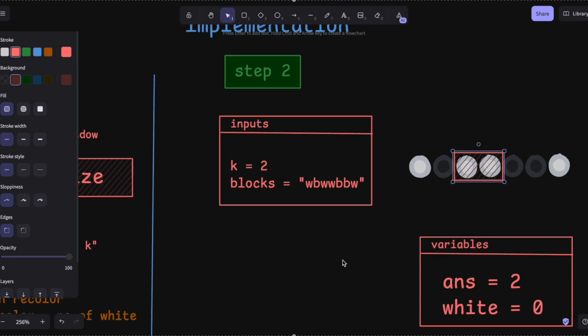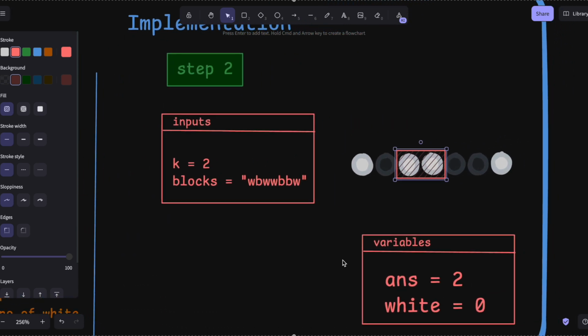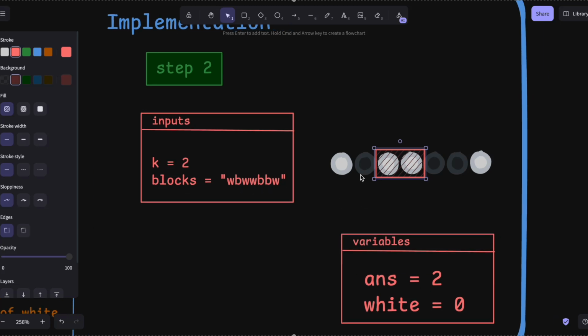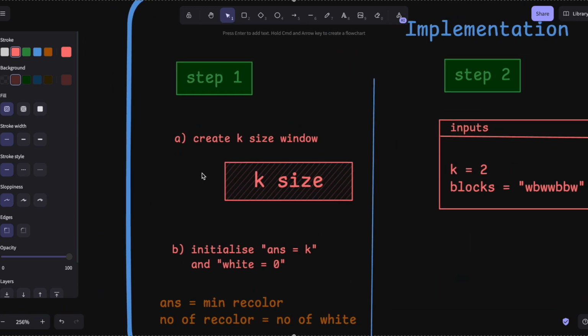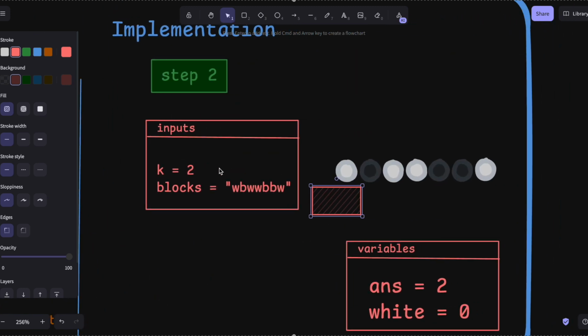Okay. Next, let's get into step 2. Here in step 2, to explain this more clearly, I have taken input k as 2 and blocks as WB, WW, BBW. Now I have created those blocks here based on the input. As I said in step 1, I have created a k size window, and this window can hold two elements